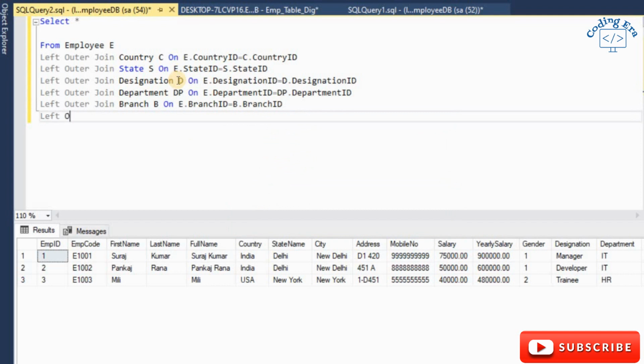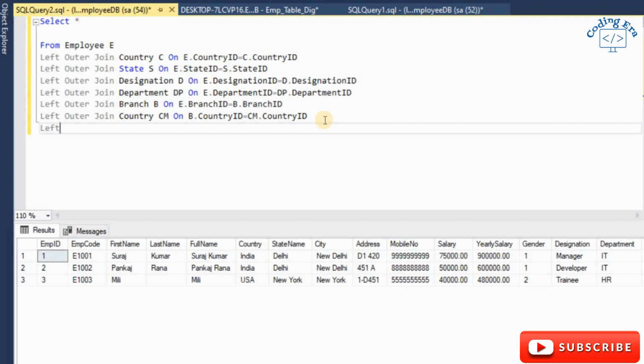And next is country CM on B dot country ID is equal to CM dot country ID. I am using country CM here to get the country of the branch. And next is employee.